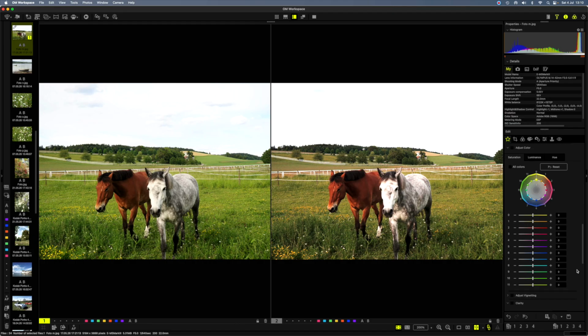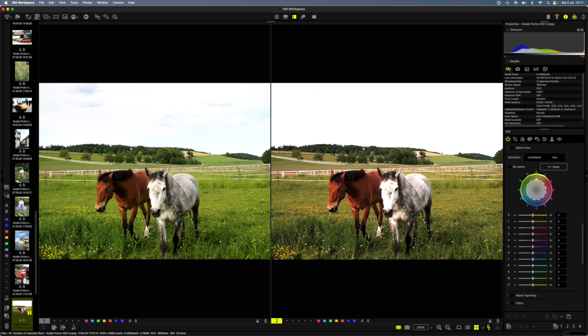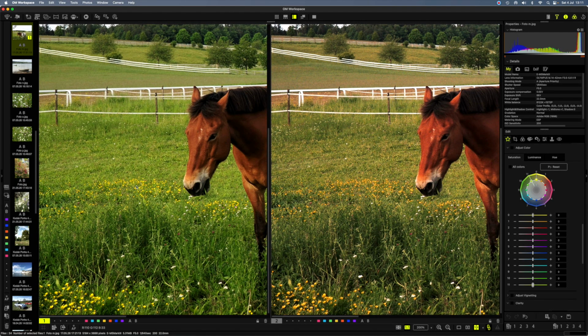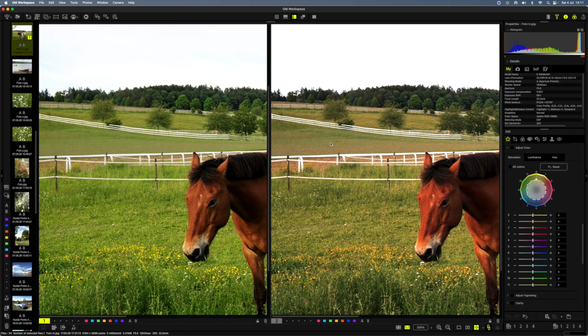So in this case, the greens are very dominant, and I'm going to start with the greens and then try to get the greens here to look the same as here. What is immediately interesting is the yellow, the little flowers here, and you can zoom in if you want. Sorry, I need to reactivate this side here, and here you can see the real difference in color in the images. Also, there's more color in the grass here on the top.